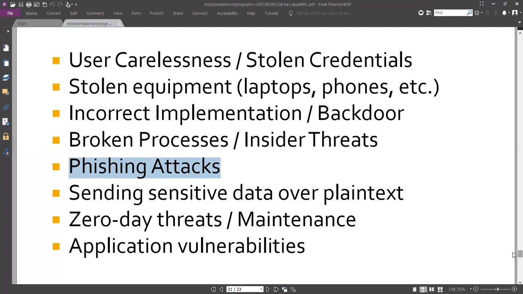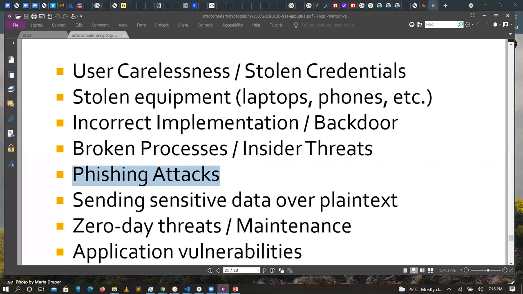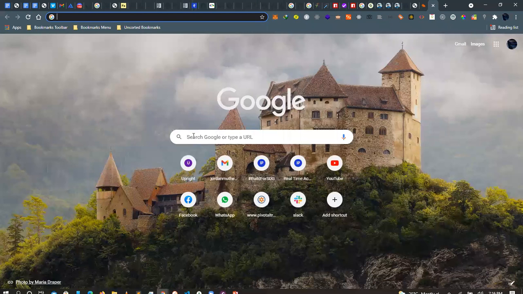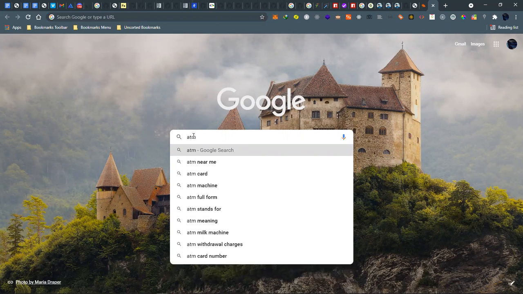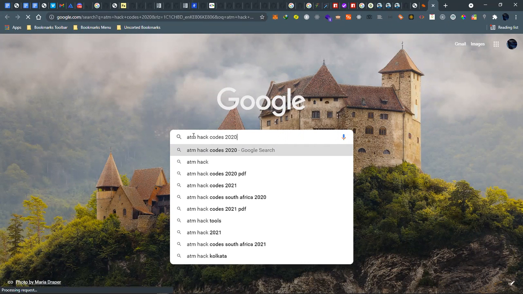So there have been such activities, especially, I think, in 2008 or 2009, when there was the biggest ATM hack. Before, here in Kenya,